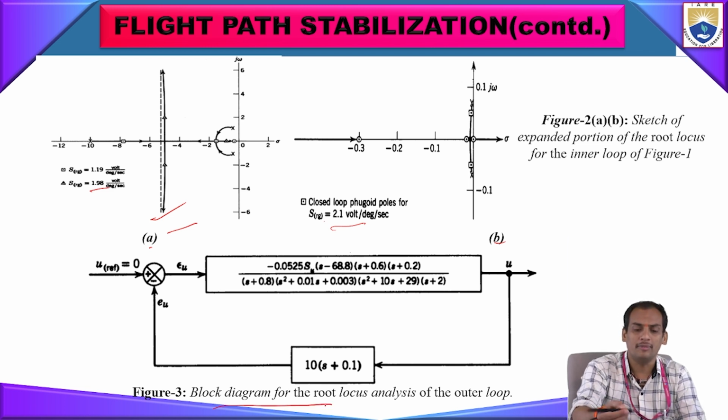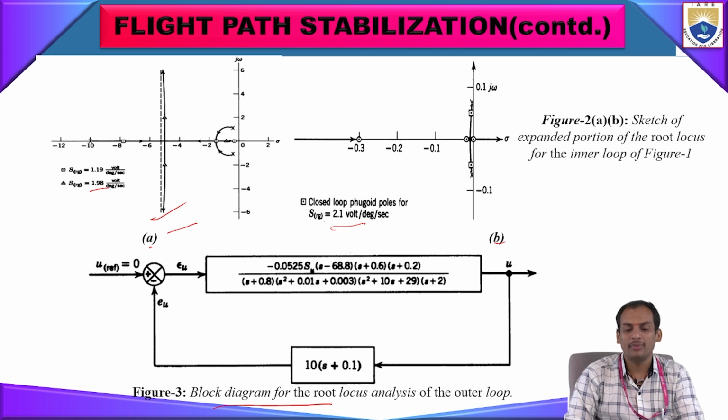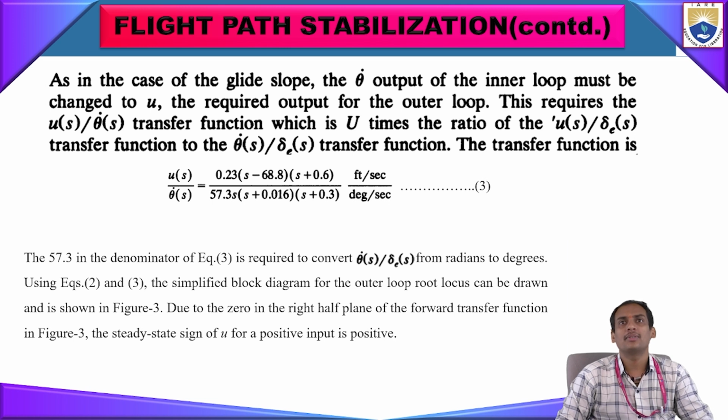If you see figure 3, this is the block diagram for root locus analysis of the outer loop. So if you make the outer loop root locus from here, you can use this one only. As in the case of the glide slope coupler previously, if you remember, the theta dot output of the inner loop must be changed to u. That means it is with respect to velocity how the glide slope is changing. So the required output for the outer loop